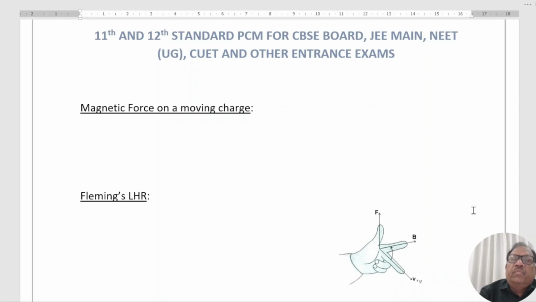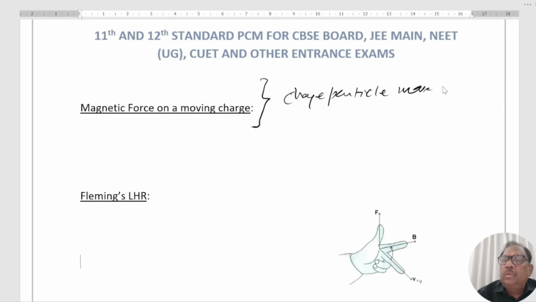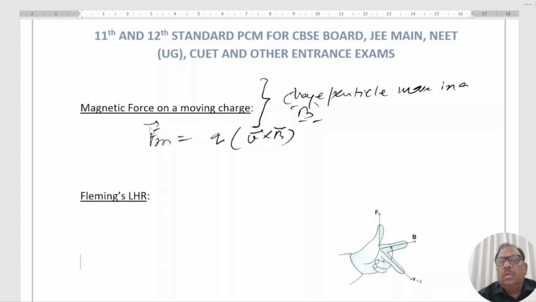Question is to clear the concepts when a charged particle moves in a magnetic field B. Force is experienced and that is given by Q V cross B. And the direction of force is given by Fleming's left hand rule